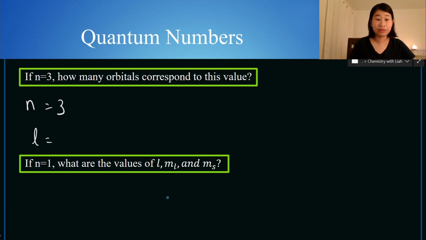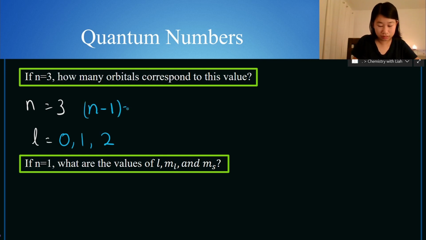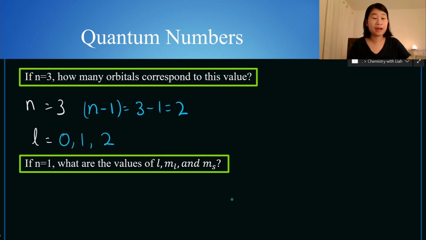So starting out with finding your L values, well, we know that we have 0, 1, and 2. We can only go up to 2 because n minus 1 is going to be 3 minus 1, which is 2. Alright, so we know that we have to include 0, 1, and up to n minus 1, which is 2. So now our L values are 0, 1, and 2, and then we're going to find our m sub